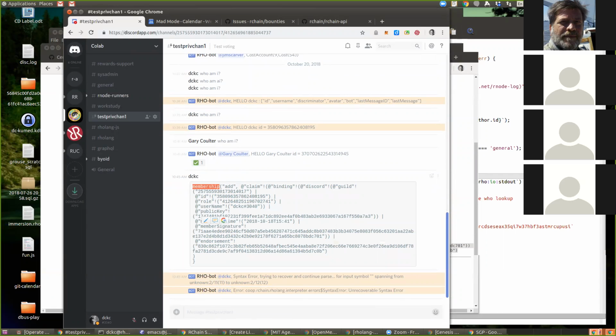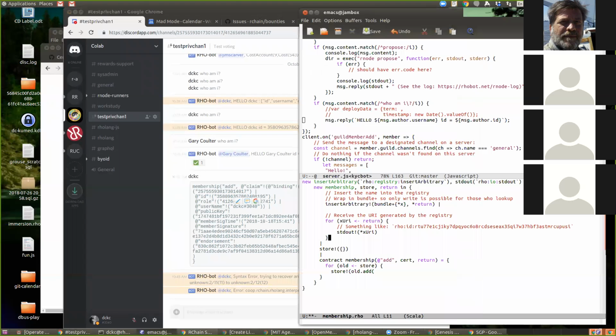Right. You're going to have to look up membership, right? Yeah. I'm going to say membership add, and then here's my claim, right? And then it's going to check the endorsement, and if it checks, then it'll add it to the database, so that it can later look me up by this ID, right? Right. Okay.